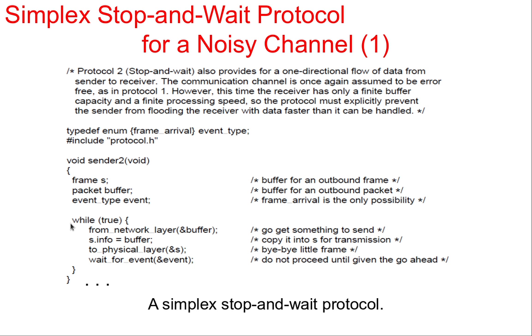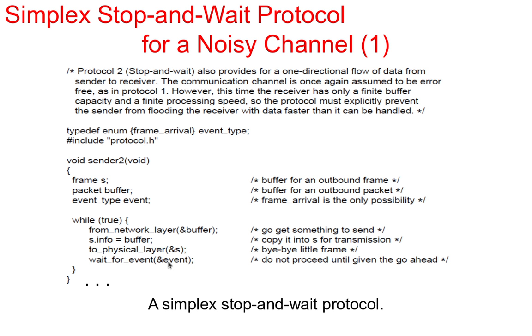Now once again in an infinite loop, the sender's data link layer goes to the network layer, accepts that packet into a buffer, and the frame's info part is filled with the buffer, and that frame is sent to the physical layer. And now as it simply cannot go to the network layer directly before getting some acknowledgement from the receiver that it can go and send the next frame, that's why it has to wait for event, and this event is